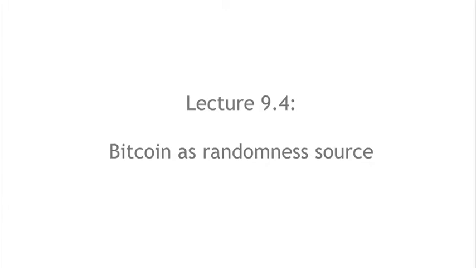So we showed in the last section how multiple people could have a secure lottery on Bitcoin where each of them provides some randomness, and we combine that to get group randomness, and we use time hash commitments to make that process fair. In this section, we're going to talk about using Bitcoin to generate public randomness.